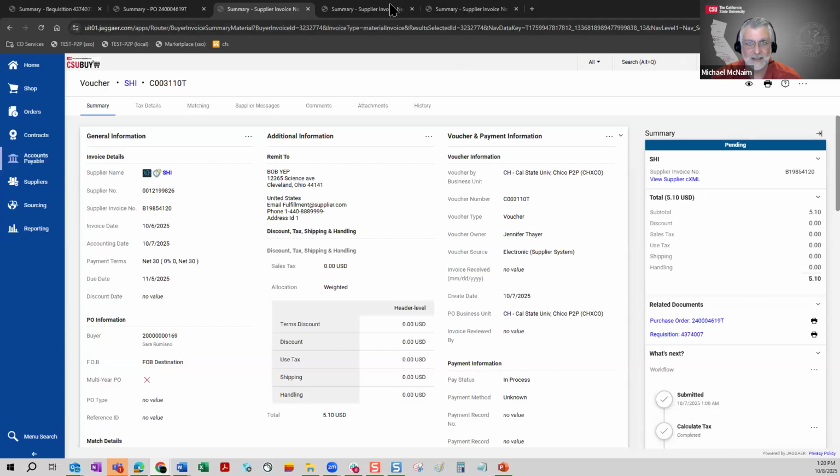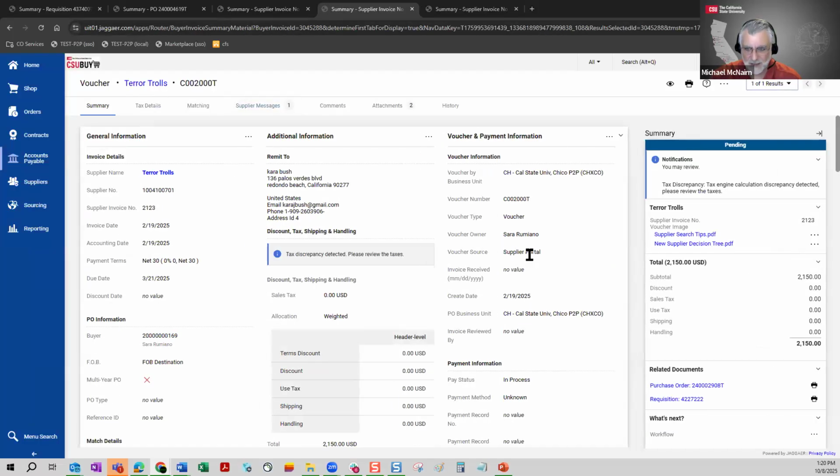So this was electronic. Here is a sample of supplier portal. Basically, the supplier has the same version of the software, CSUBUY. It's powered by Jagger software. They go into their side of the system. They see the same order that we have, and they say, yep, we are invoicing against it. So they just click the button. It provides an invoice against the order, and that invoice comes over as supplier portal, which gets attached to this